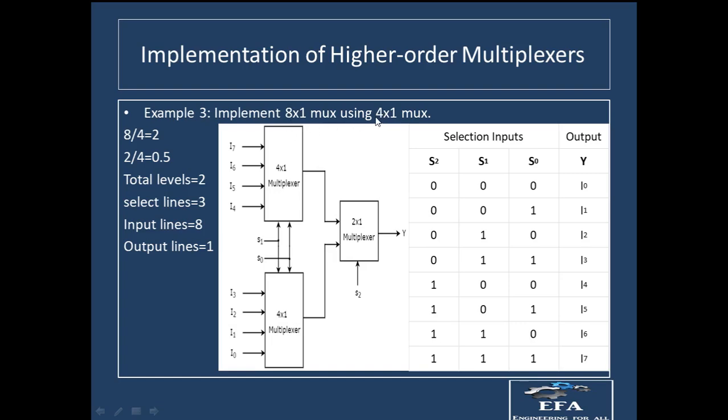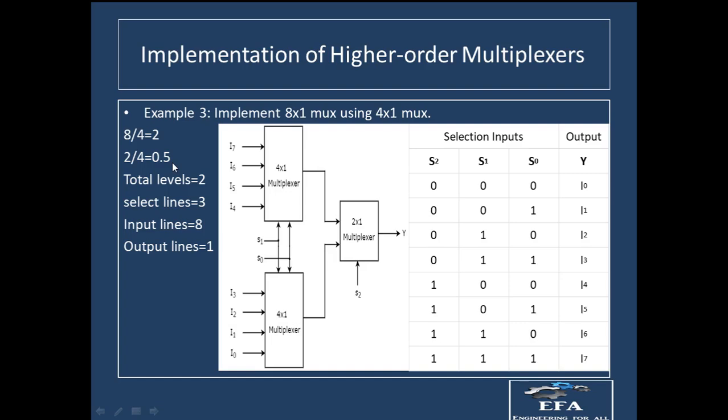We have to divide 8 by 4, so 8 by 4 will be equal to 2. Now we are not having 1 at this position, so we have to again divide this by 4. When 2 is divided by 4, the answer is 0.5. At this position you can see that we have a value in decimals. It is not an integer, it is a floating point number.